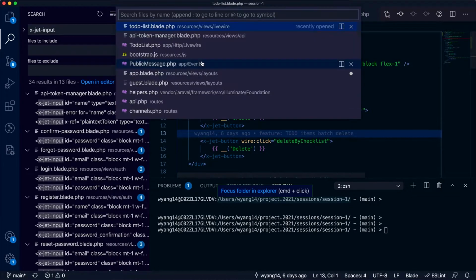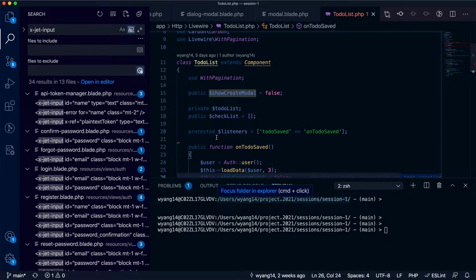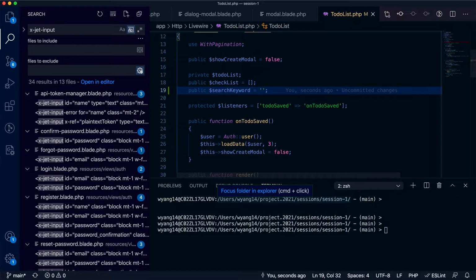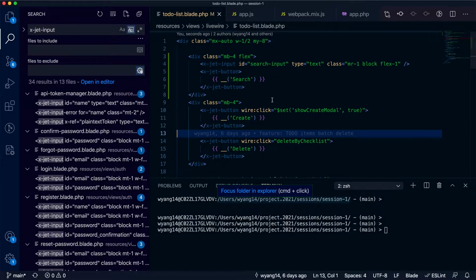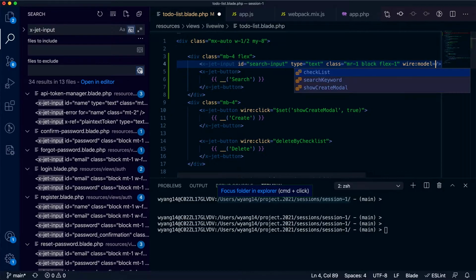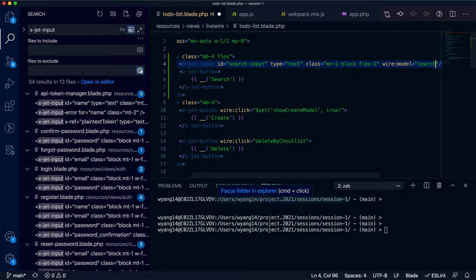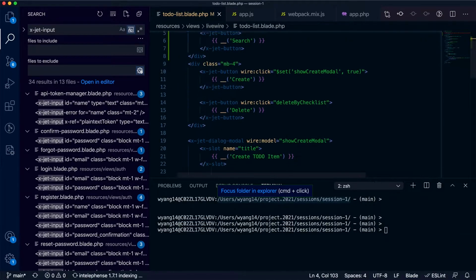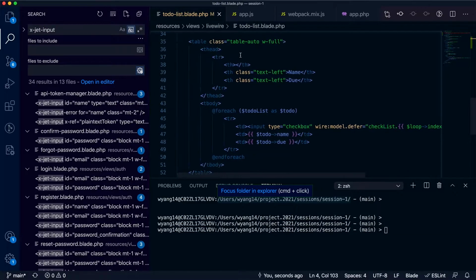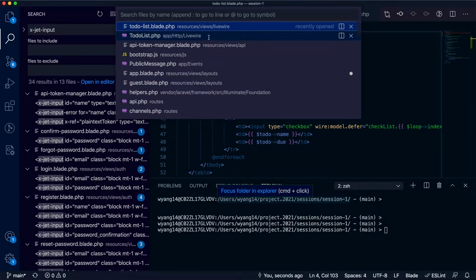Next step is to update the to-do list component. First of all, we need some search keyword. So this is the search keyword. Let me bind it to the input model, search keyword. Okay. So this is what we have now. And next step is